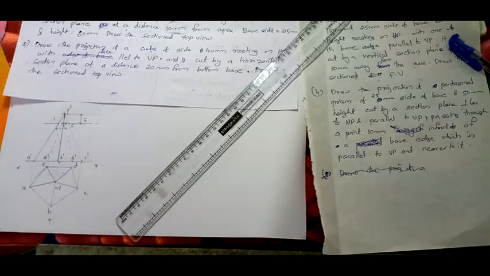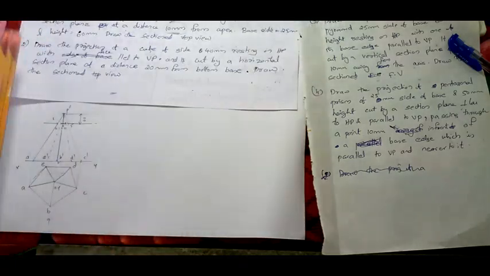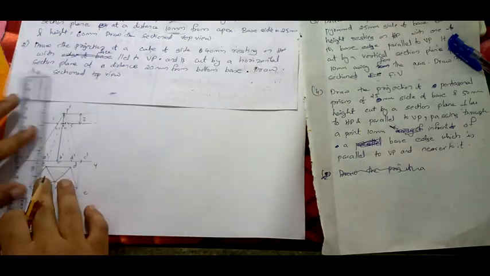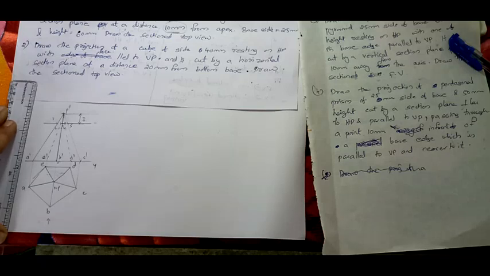So see what I am going to do. You have to find the corresponding points. Now, A dash P dash, actually here it is A dash P dash, it is cutting at 1. So just project it to the corresponding point. Just simply project it to the corresponding face or base.